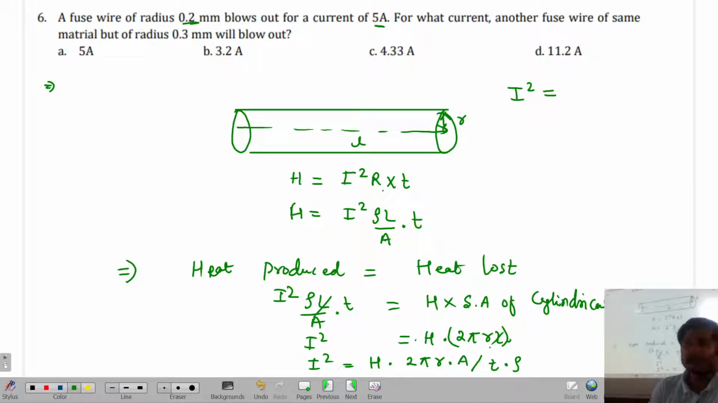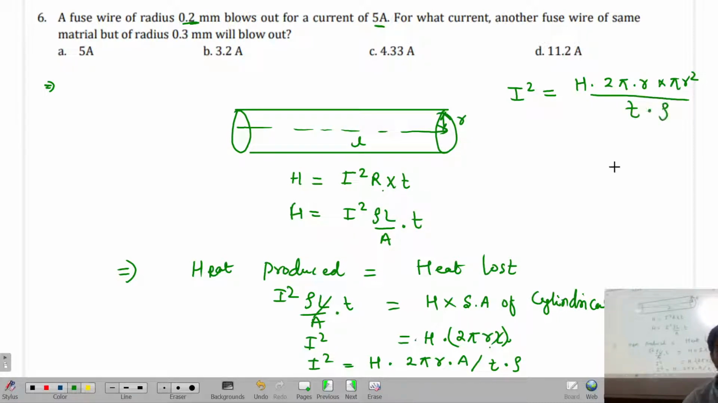I'm again going to do it in the class, when I'll give the whole description of heat in terms of current. So first you try to understand this. I square is heat into 2 pi into radius r into area. Area is what? Pi r square, or not? Tell me yes or no. Pi r square divided by